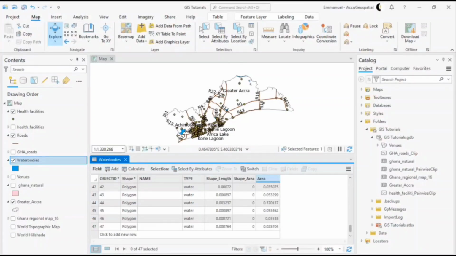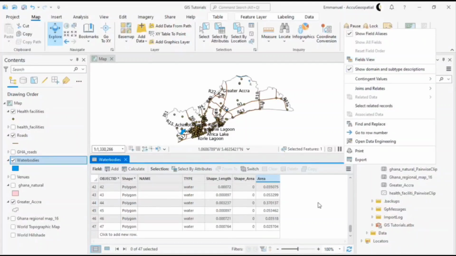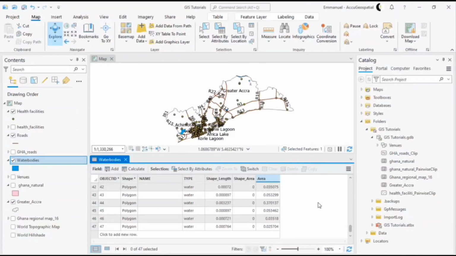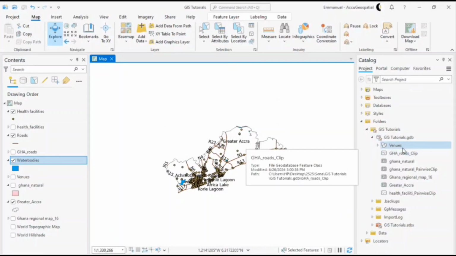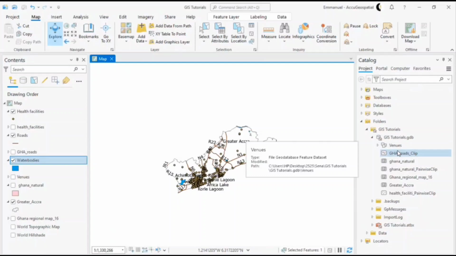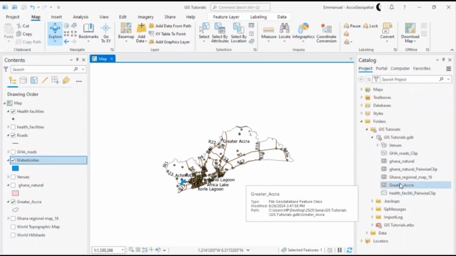Right. So domains. Let me quickly go to domains. To go to domains, you should go back to your fields view. But to change domains or to create domains, you should go to the fields view through or in the geodatabase. Now, whatever you do in the geodatabase is available to all the layers. So what am I talking about? So we want to create